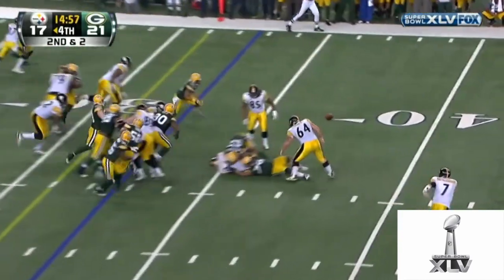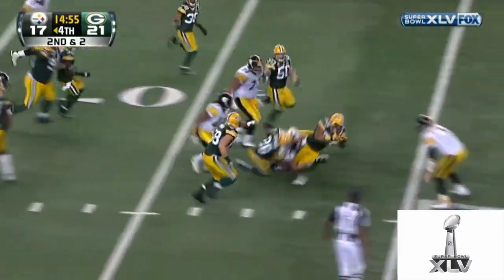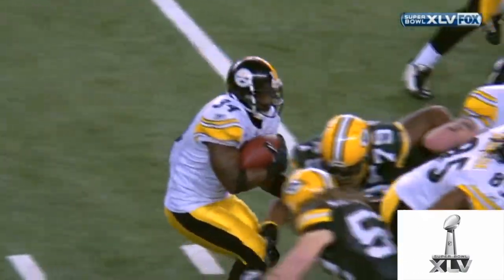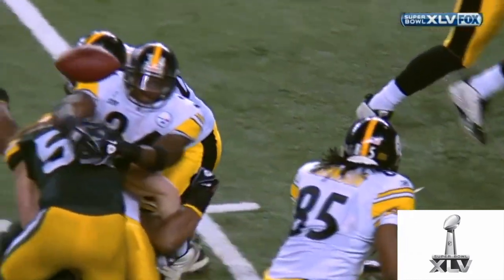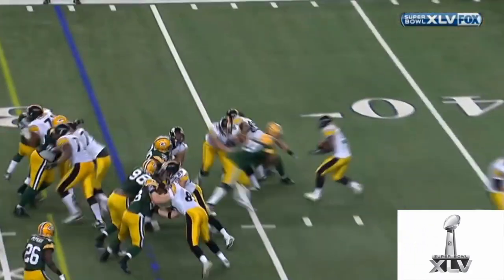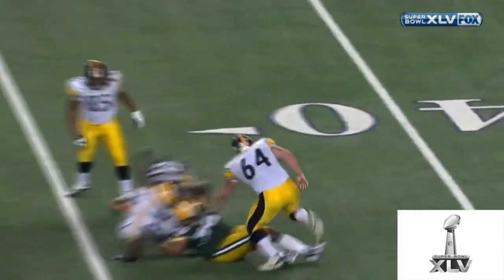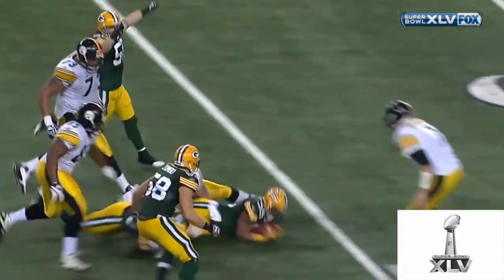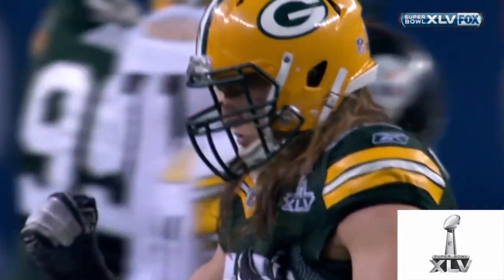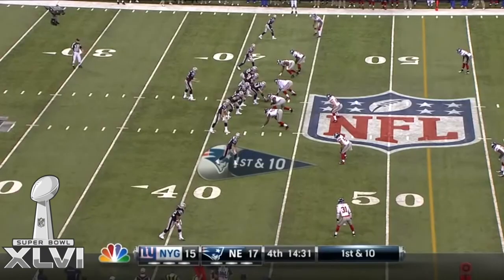First play of the 4th quarter. It's a fumble by Mendenhall. Clay Matthews hits him, his shoulder right on the ball. Creates a fumble. Desmond Bishop picks that thing up. It was almost a scoop and score. Playmakers make plays, not just going at the quarterback, not just intercepting the ball, but causing fumbles like this at key moments. That's what...